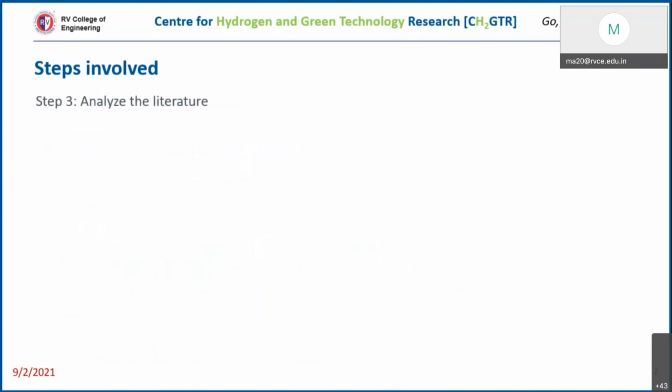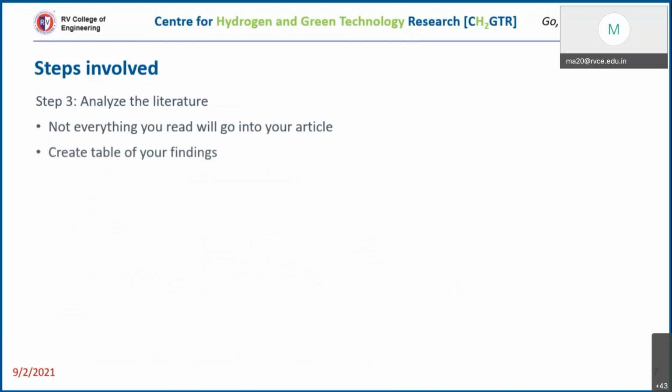So coming to step 3. Now with all this process, you have collected a lot of information. Now you have to do a critical analysis of the information that you have collected, right? Not everything you read should go into your article. Only the relevant, valuable information should be put in the literature review. And whatever you have collected,